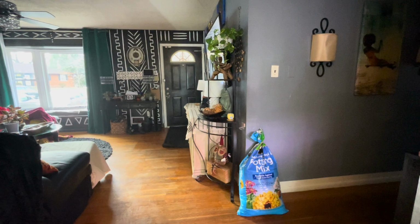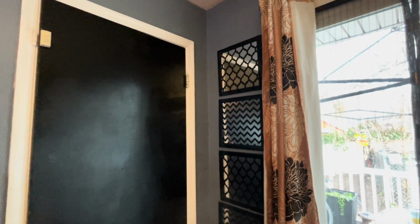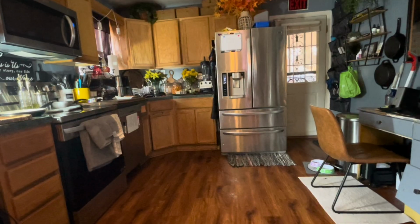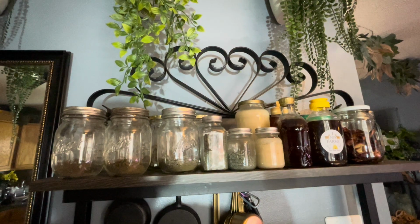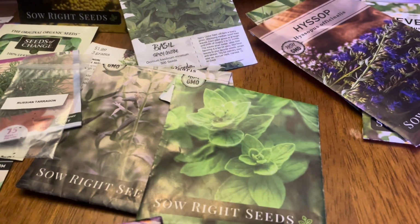Another fun and easy way to get your spring garden seeds started is by winter sowing. It's super fun, super easy to do. Winter sowing is something you can do now, like I'm doing. I recently shared a video of me winter sowing using milk jugs. Today I'm going to show you how I do it using those water bottles that many of us just toss